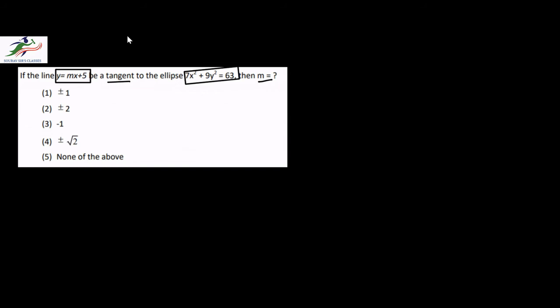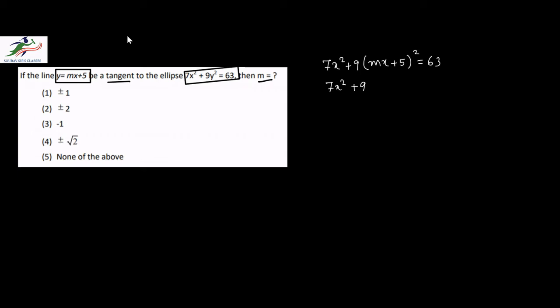So therefore, we can put the value of y in the equation of the ellipse to get 7x square plus 9 into, instead of y, we write mx plus 5 whole square is equal to 63,